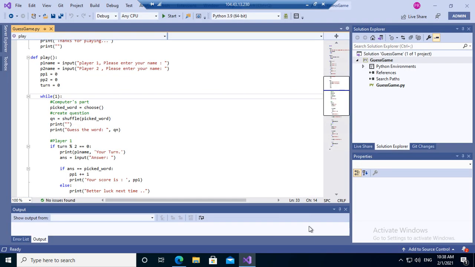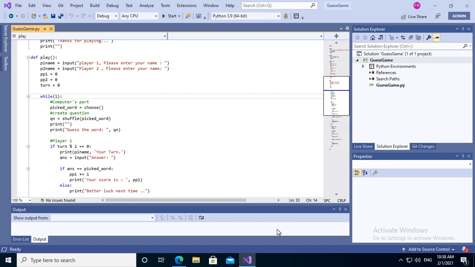Let's get started. Before starting the programming, let me give you a very quick summary of what the game is all about. There are two players in the game. Each has been given 0 points initially and their turns alternate. The computer randomly picks a word from the list of words it has, shuffles it and then poses the question. Based on whose turn it is, the player is supposed to guess the word and give his answer.